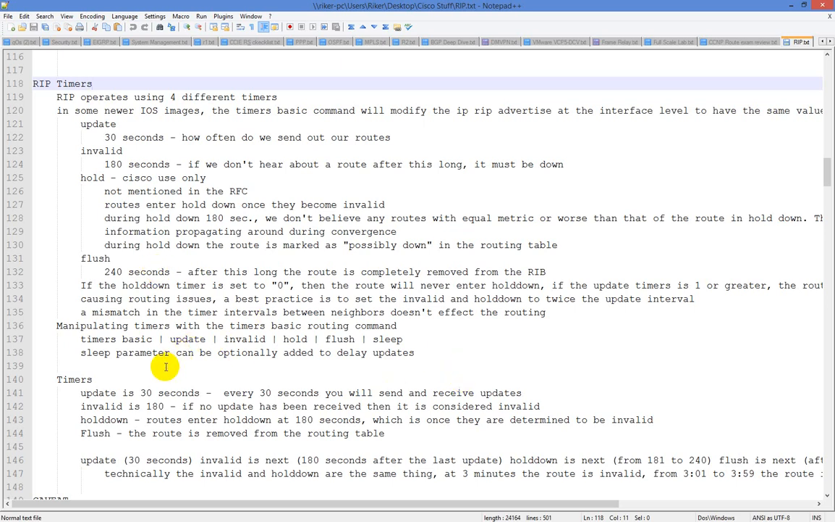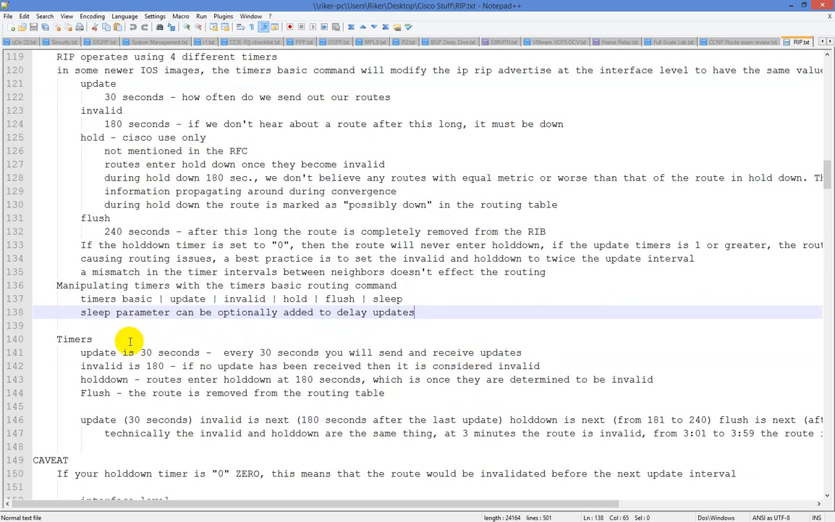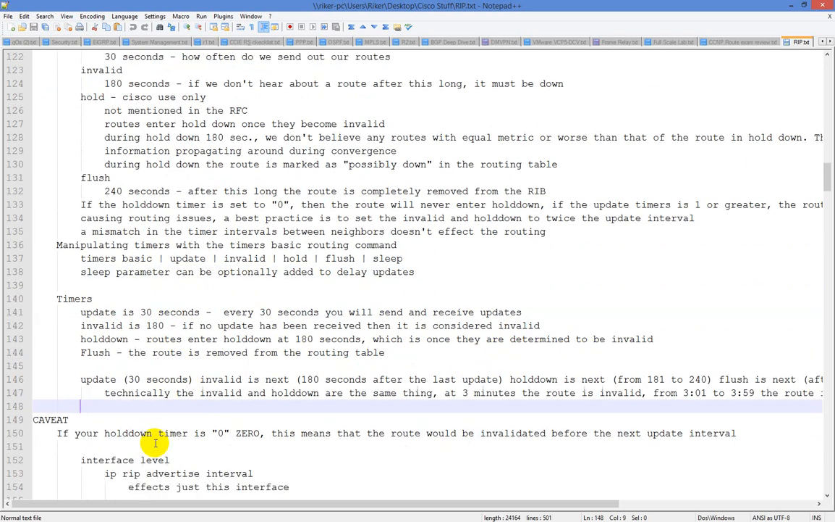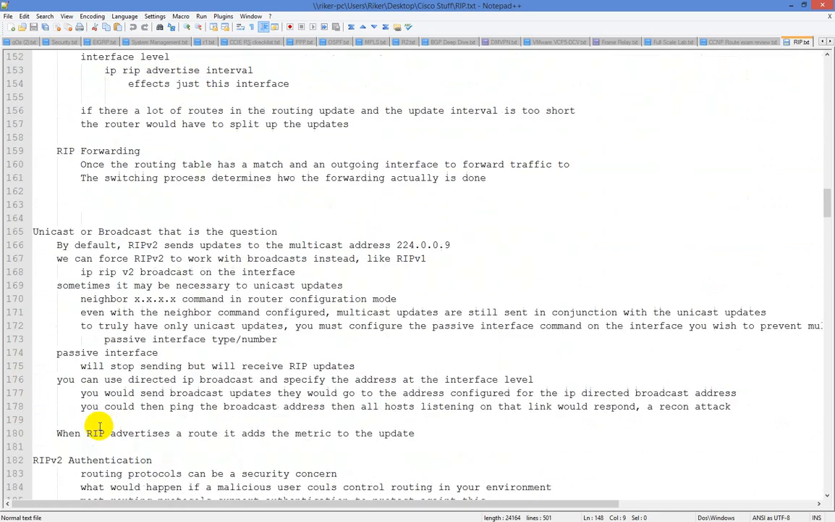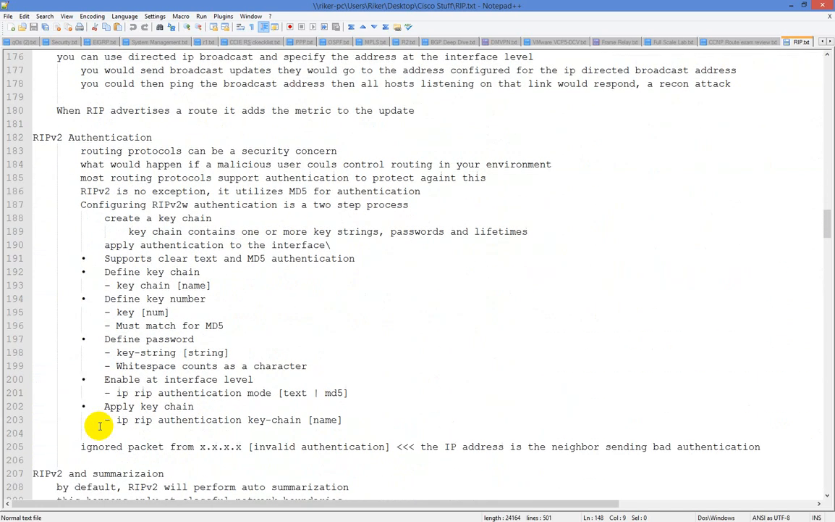The sleep timer can be added optionally to delay updates. And then we have our timers. Our update is 30 seconds. Invalid is 180. Hold down is routes enter hold down after 180, which is once they are determined to be invalid. And let's see here. So we have some caveats, and now what we're going to do is take a look at